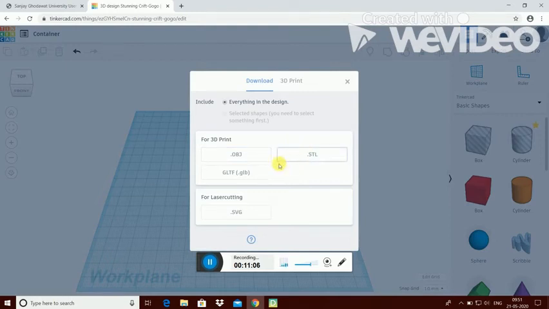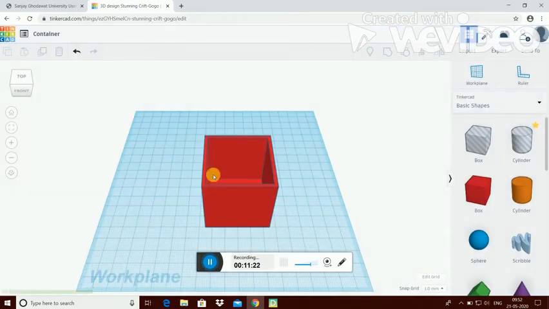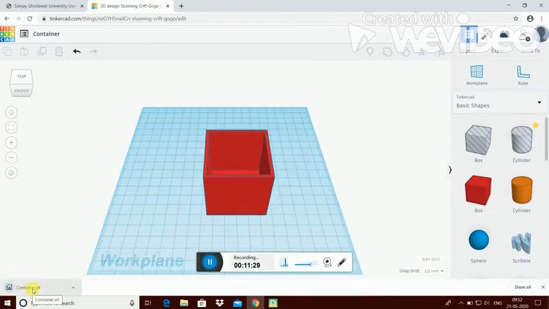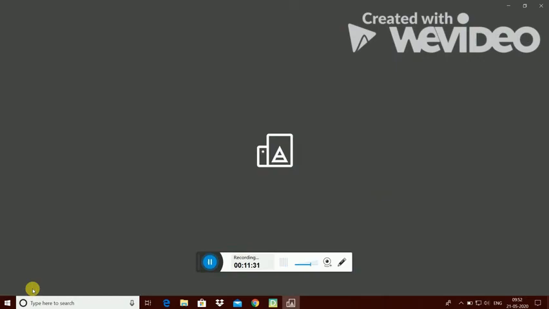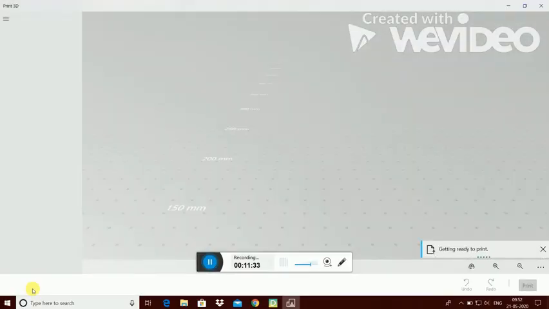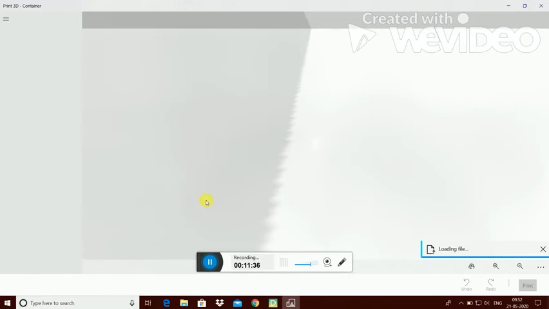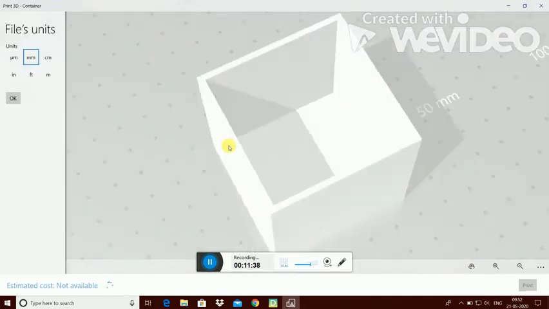You have to select here, don't select the glTF file. Just select .obj or .stl. Okay, .stl stands for standard triangle language and OBJ stands for object. Just click on the .stl file. Your file will download here. Just wait for a moment. Download it. Just click on that file and open your file. Now you can see it easily.